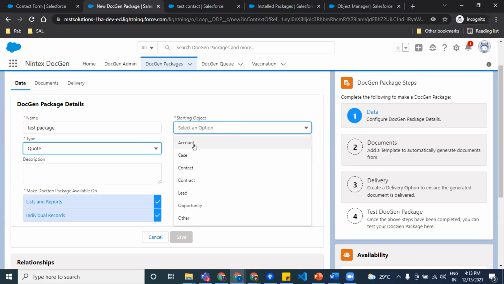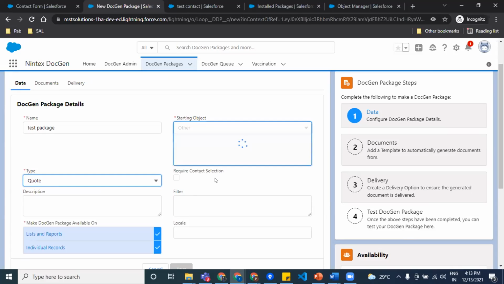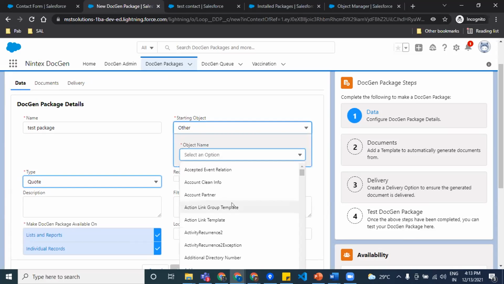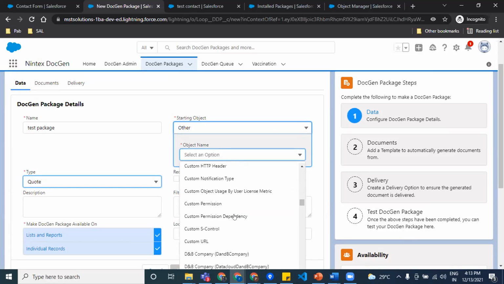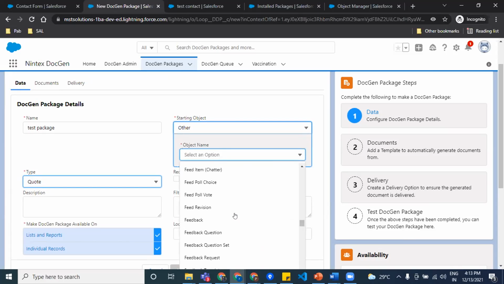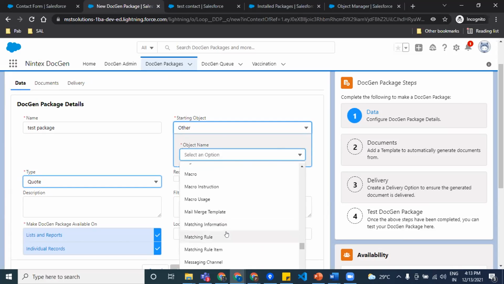As we are able to see, here are a few standard objects listed by Salesforce. Similarly, if you click Other, it will go to the custom objects available, and other objects that do not come under the ones already listed.